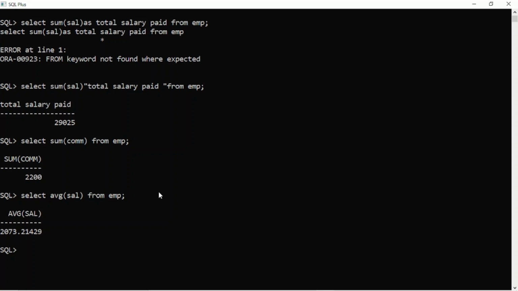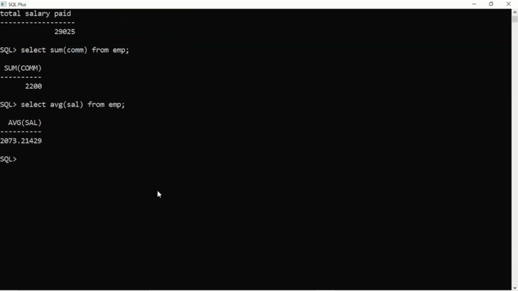Clear? Similarly, if I want to know the number of employees working, what will I do? Select count star from EMP. Clear? See one thing.